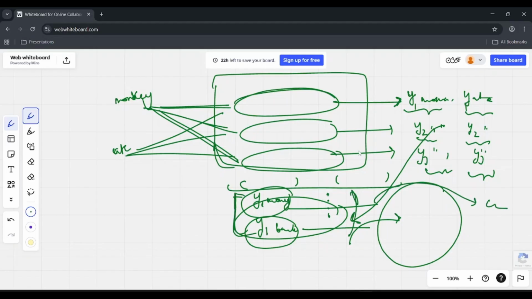And how do we do the transformation from one vector to another vector? Through linear transformation, and for linear transformation we use a matrix, and the weights of this matrix will also be learned through backpropagation, through our data. It will be learned from the data that we have. Okay, so this is what we do in multi-head attention.